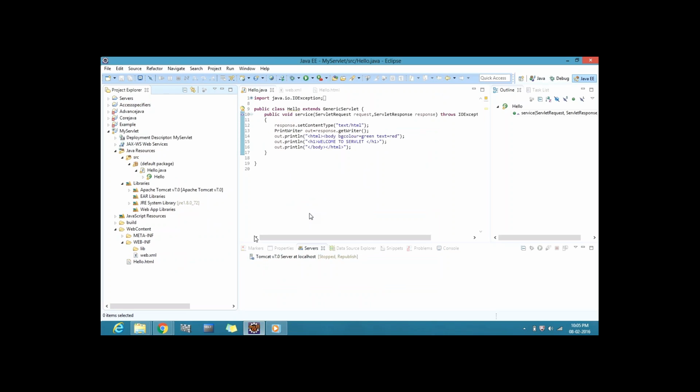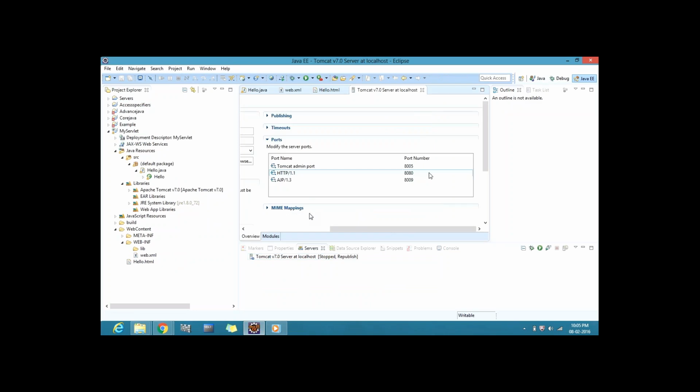Check the ports. 8085. Above one and below one. Just change one by one step. 8005, 8007 for the bottom one, and the top one 8006. Just change any one number. Okay, save and come.